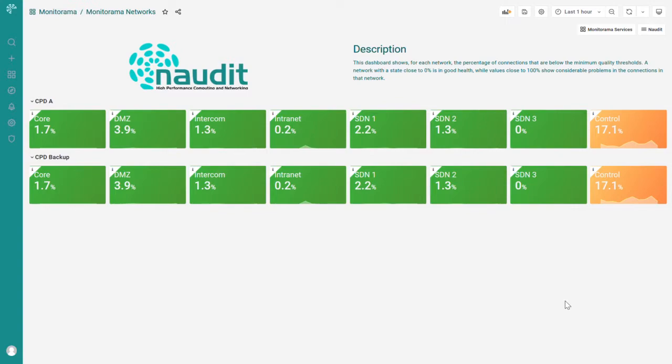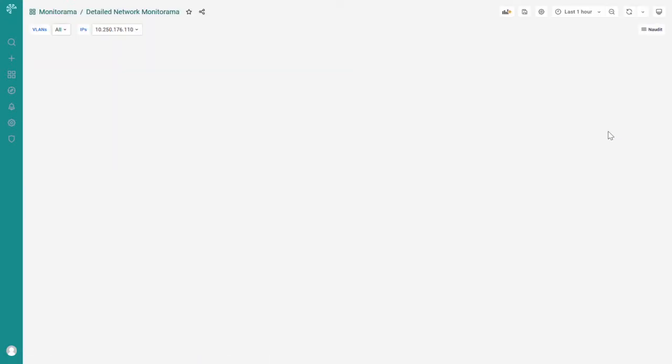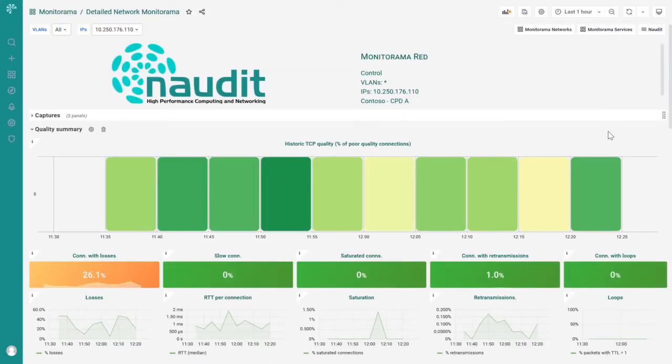In this case of a fictitious company, which has two data centers, a main data center and a backup one, we would have, for each of the network segments, relevant information that would indicate whether we are observing problems in that segment or not. Thus, we can see that in the segment STN3 the percentage of problems is 0%, whereas in the control segment it is much higher. So, if we want, we can click on the control segment and see what is actually